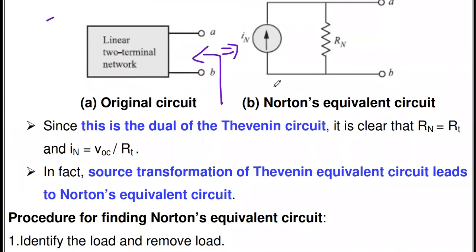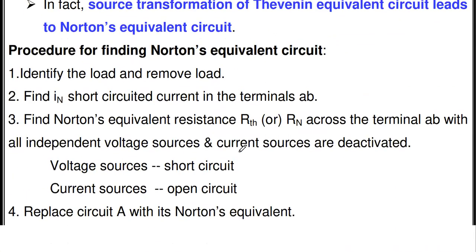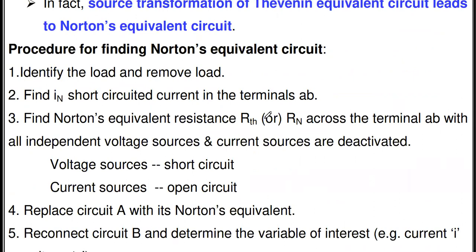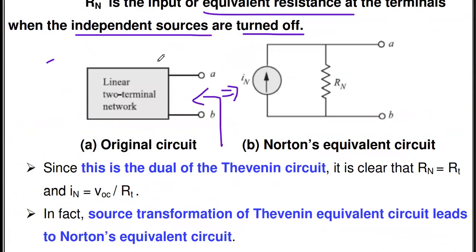Using this theorem, we have to solve the big question problems. In order to solve using Norton's theorem, what procedure do we have to follow? This procedure is similar to the Thevenin's theorem procedure, with only one step different: we have to find the current IN, whereas in Thevenin's problem we have to find VTH. The first step is to identify the load and remove the load. It is the same step in the total original circuit: identify which is the load, and then remove the load.